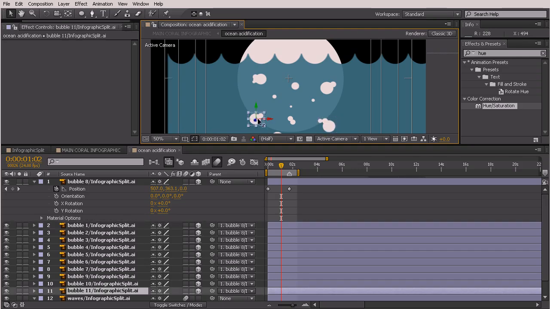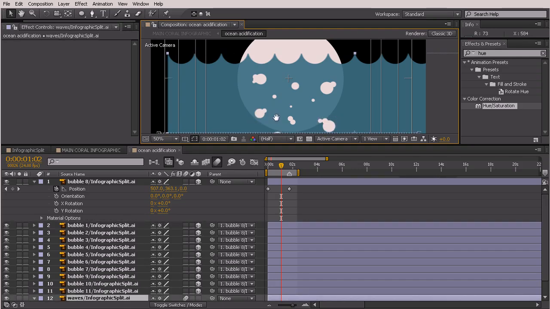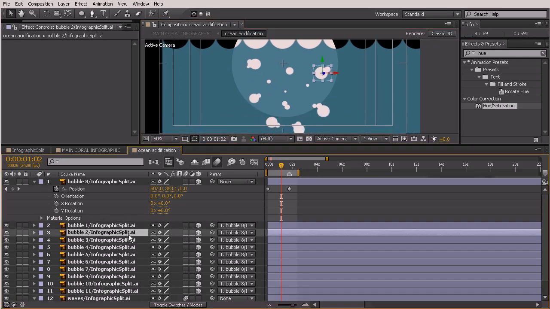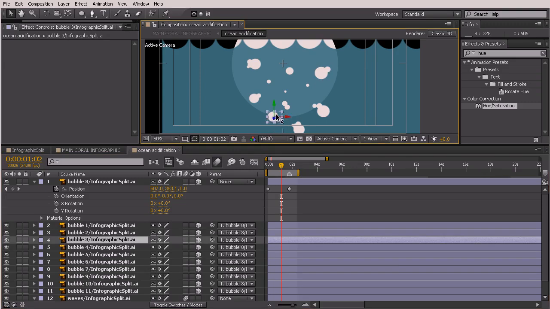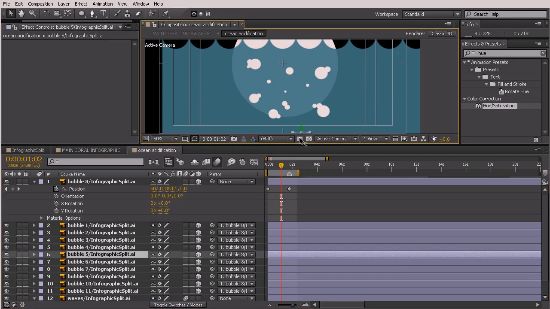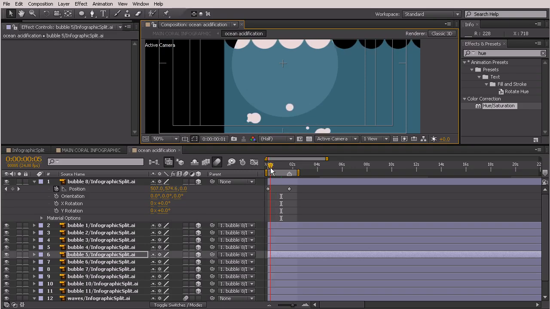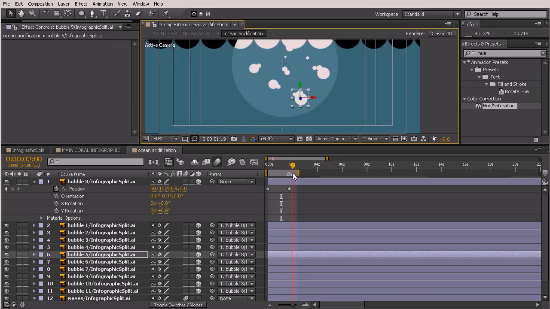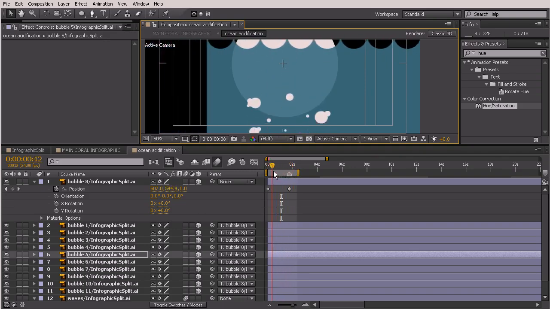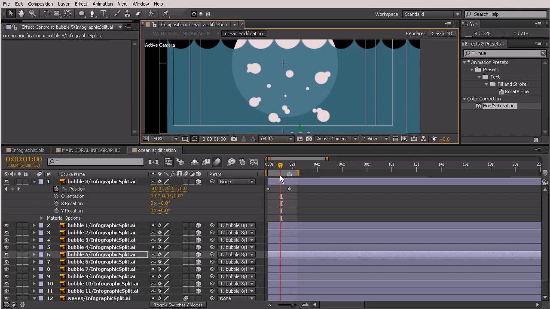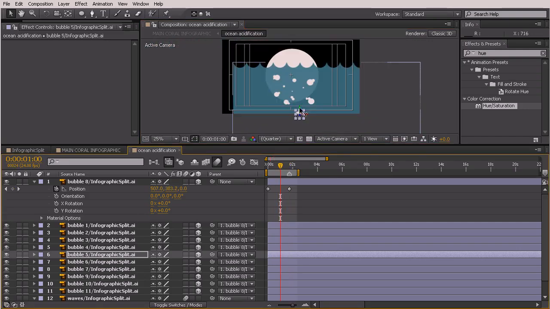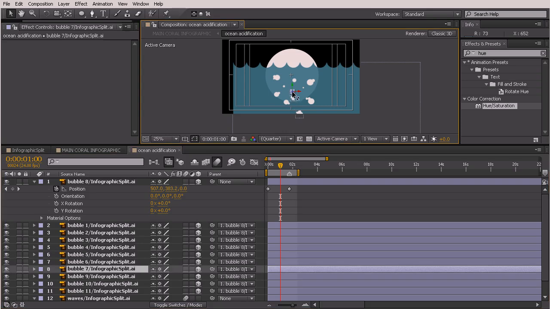Now it's going to be subtle because I don't want to change too much in the position, but I do want to be able to see a little bit of variation. So now you can see just ever so slightly some of those bubbles get that parallax, so you can start to see it right in there. And if you really want it to look like there's a lot more, you can bring maybe one of them really far forward, and then